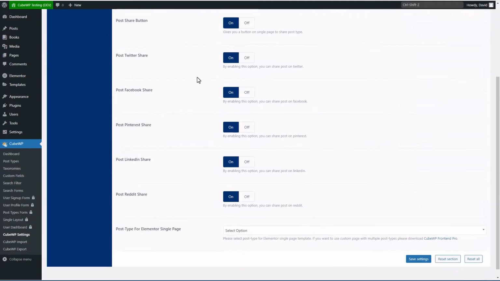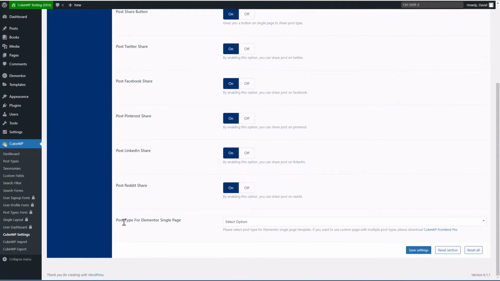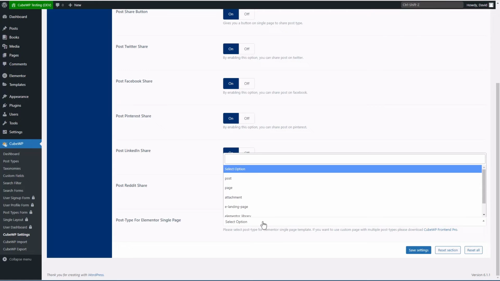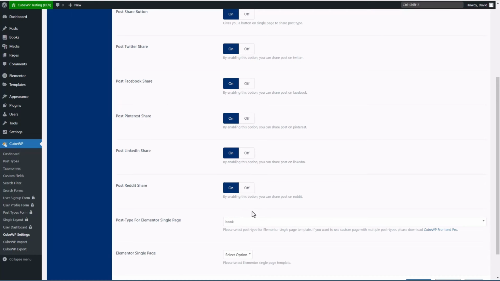Okay, now if we look at the bottom down here, there's a post type for Elementor single page. Please select the post type for Elementor single page. So this is where we can use the free version of Elementor now to lay out our page options. So let's go look at the CubeWP integration with Elementor Free.